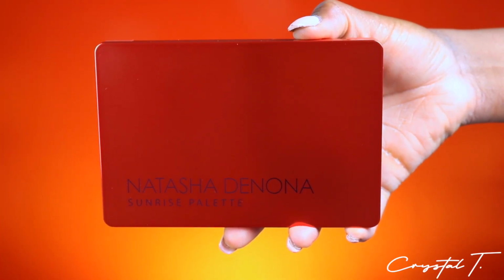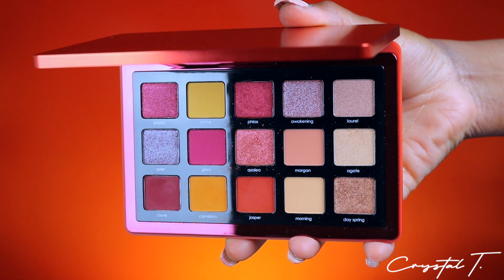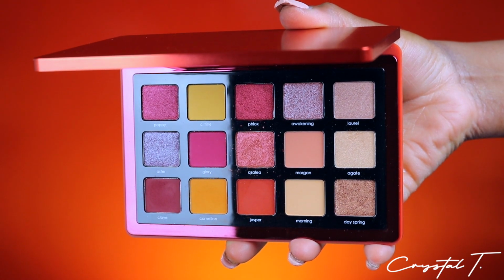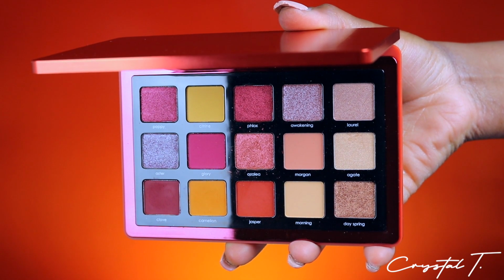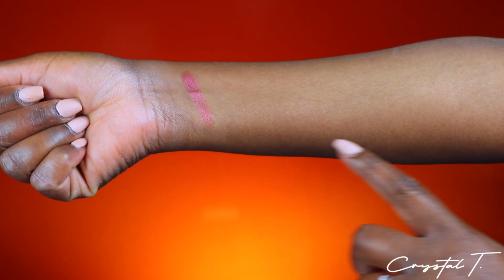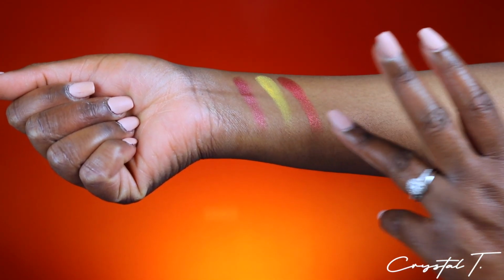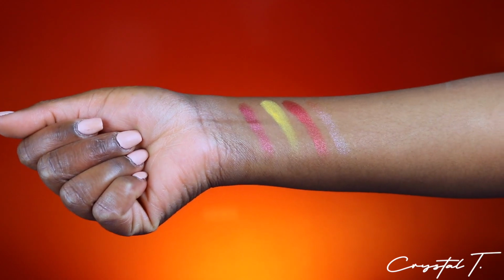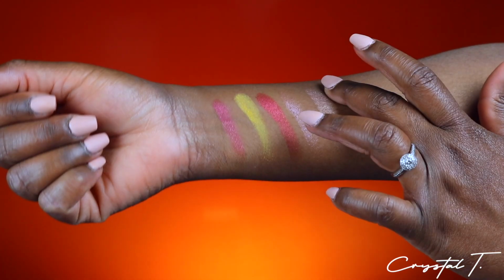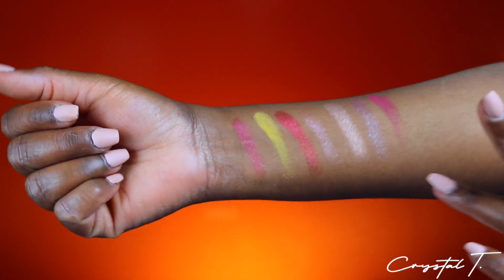Natasha Denona's Sunrise palette is a palette inspired by the warm glow of a morning sun with sunny yellows, crimson corals, earthy browns, and powerful pinks, all made to melt together in perfect harmony. The palette contains Poppy, which is a crimson bronze metallic, Citrine, a warm yellow matte, Phlox, a burnt warm crimson metallic, Awakening, a lavender nude duochrome, Floral, a peachy champagne metallic, Aster, a violet mauve duochrome, Flory, a fuchsia matte,